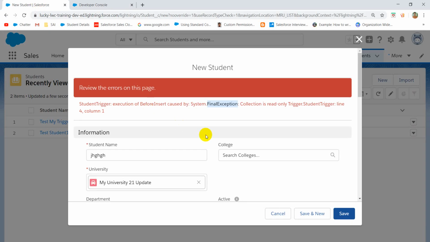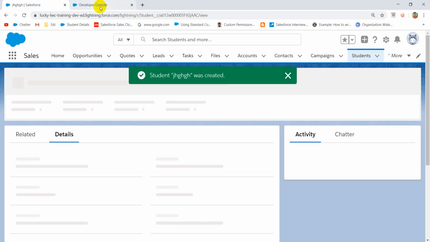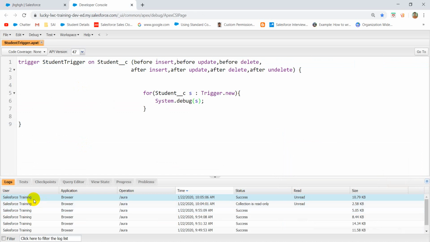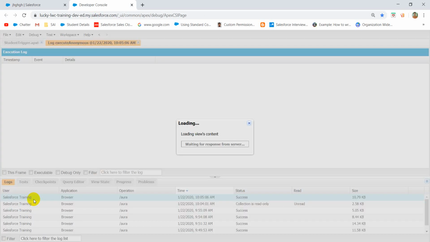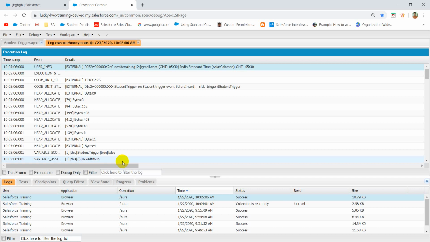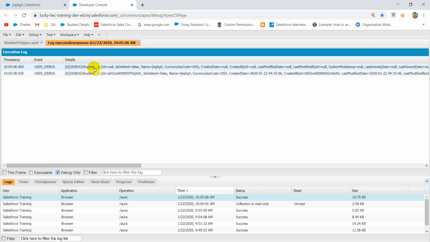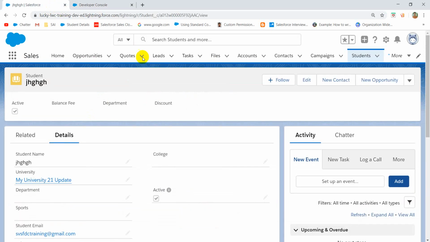Insert one record, there will be only one record in the trigger dot. As we know, the trigger will run twice, before insert and after insert. So now if you see, it runs twice, so two debug logs are there. Now if you try to delete a record,